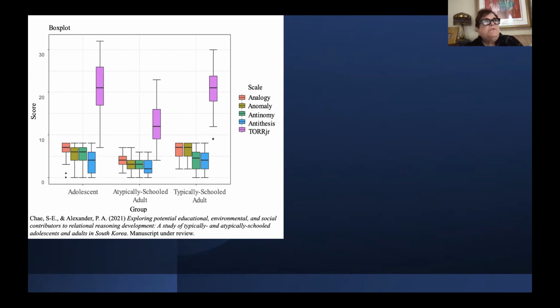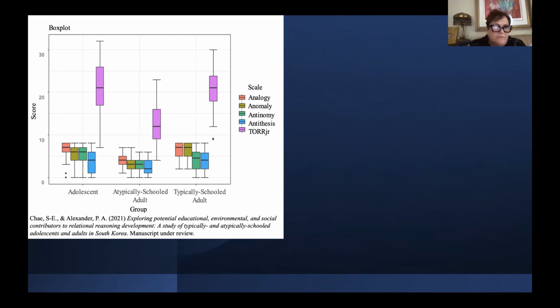These are people in their 50s, mostly 60s, 70s, who are only now what's listed there as atypical students. They're only now getting middle school and high school education because of the Korean War. Korea was an extremely poor country at one point, and these people stayed in fields or they stayed home and they didn't get their education in.